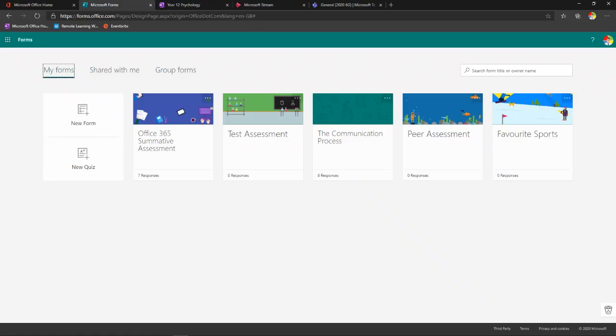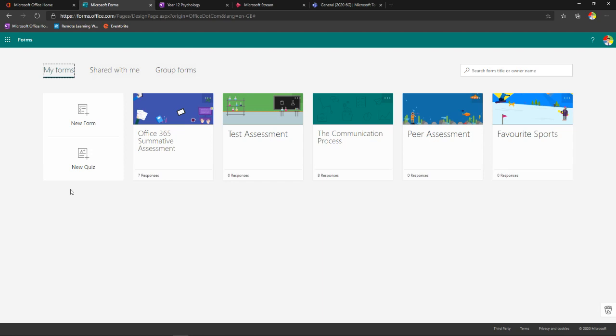So this is forms. When you come into forms for the first time, obviously you're not going to see a whole heap of forms or quizzes because you haven't created any yet. But we have 2 types of forms that we can create. One is a quiz. Quiz is what we're going to use mostly as educators because it will assess by marking where it has a definitive answer, and the question types that we use in a quiz, you're going to see